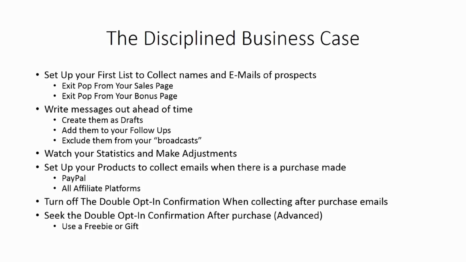However, you go the next step further in the disciplined business case. You try to get their cool people address, the email address that they only give to cool people. You get there by asking them to get your cool stuff by giving you their name and email address. So again, now,